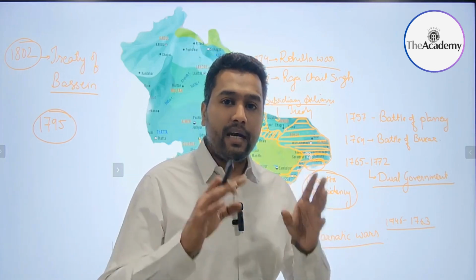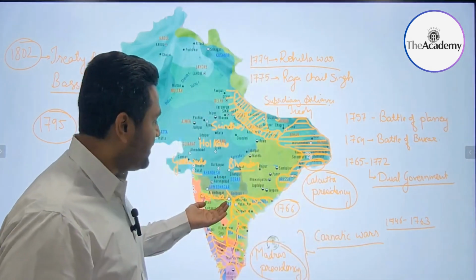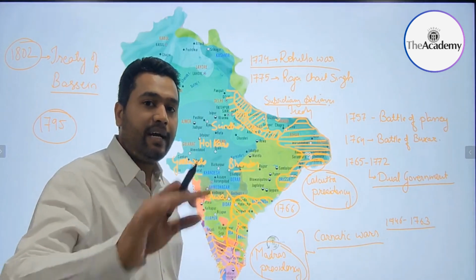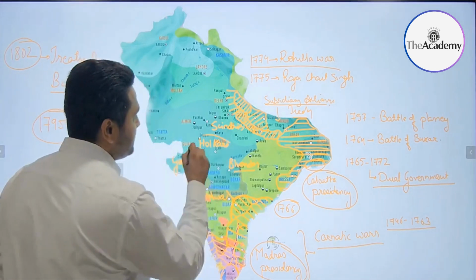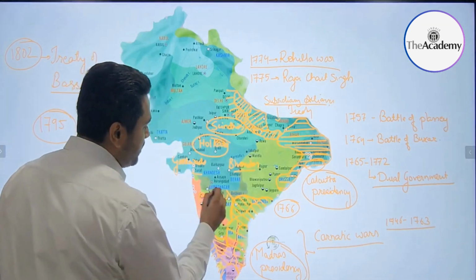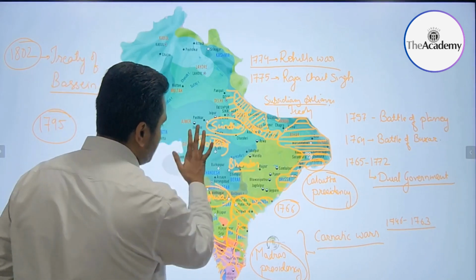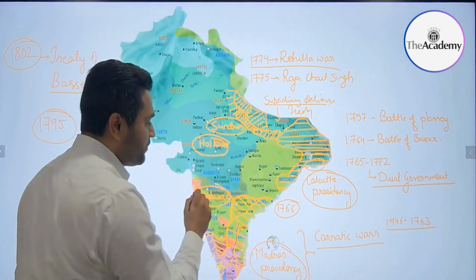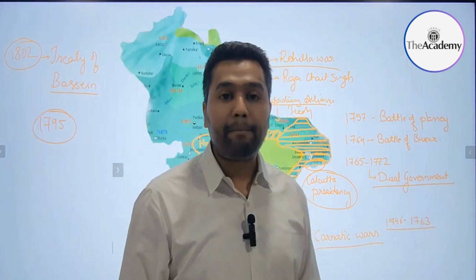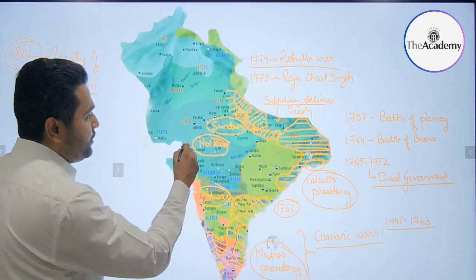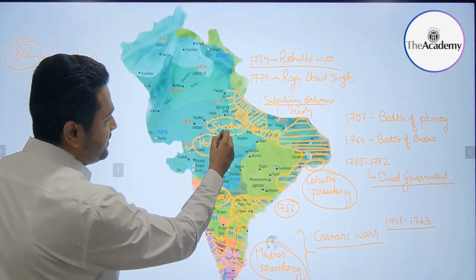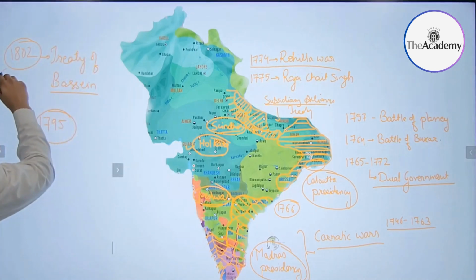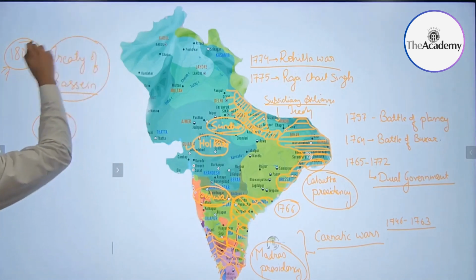Till the time Nana Fadnavis handled the court politics, the Holkars and Scindias did not fight with each other. But after Nana Fadnavis died in 1799, the Holkars and Scindias fought with each other to control the Peshwa. The Gaikwads were already weakened, and the Bhosles were not as strong as before. When in 1802 the Holkar defeated the combined army of Peshwa and Scindia, Peshwa Bajirao II went to the English and signed the Subsidiary Alliance Treaty in 1802.